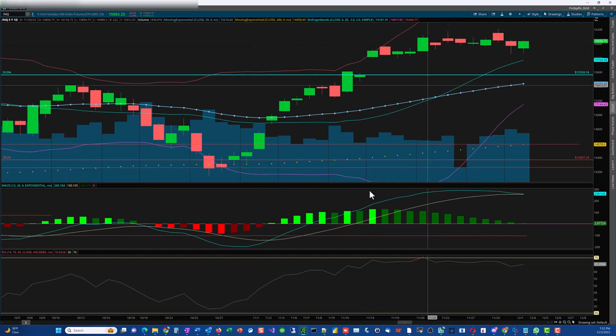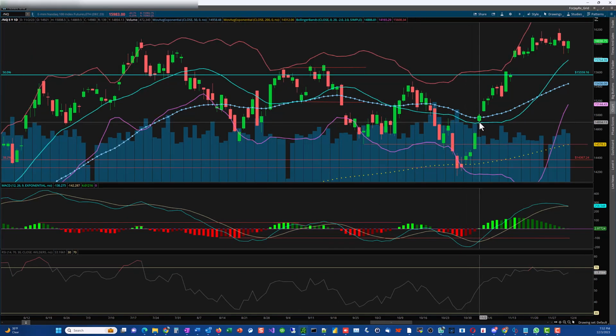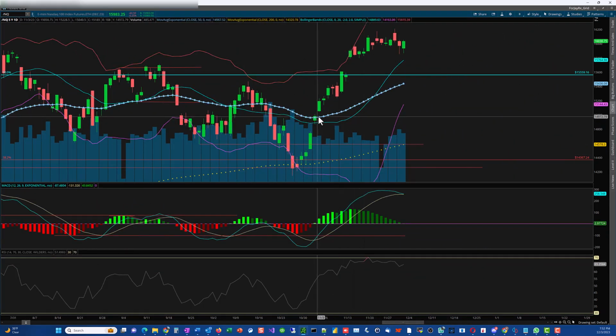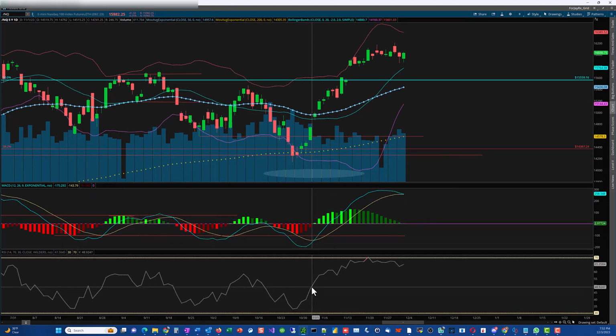So if we zoom in here, you'll look at it and say, okay, the mid band on the Bollinger Band held it in, then the 50-day moving average held it in, and then it was on its way up to the upper Bollinger Band, and that's what I pointed out, right? And as long as that period right here and the cross coincided with the RSI on its way up,